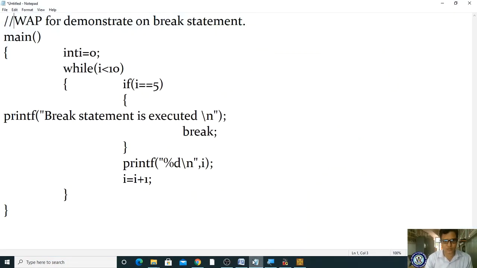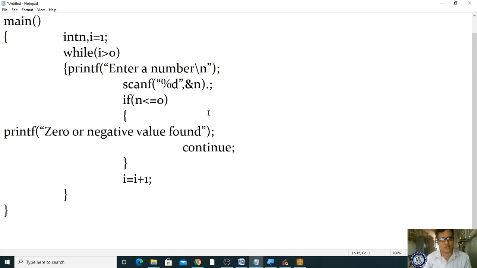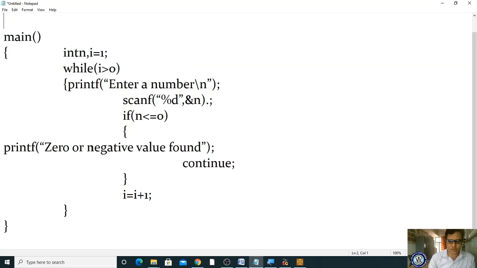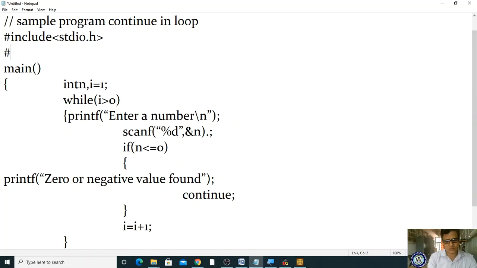It has not copied previously. Let me copy this file, new, don't save, I'm pasting, right? Yes, now let me check. This is a sample program related to continue in loop. Okay, now #include <stdio.h>, #include <conio.h>.